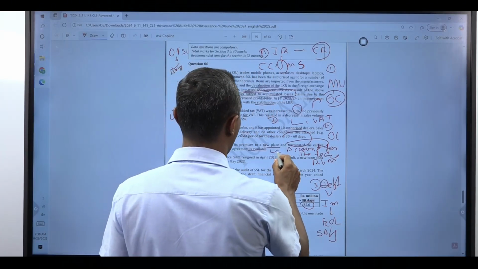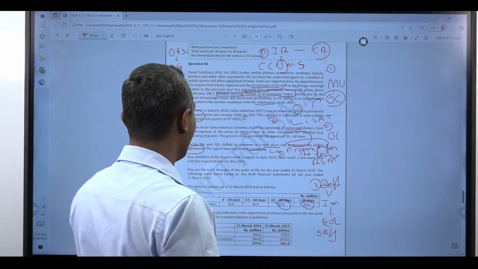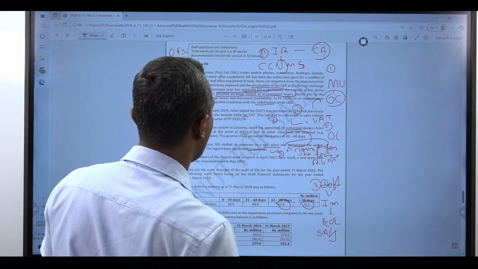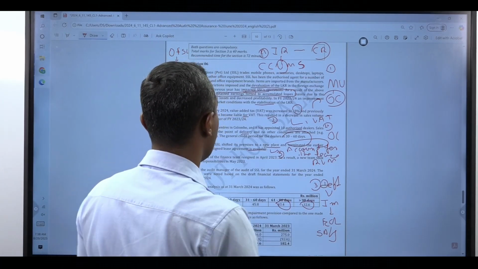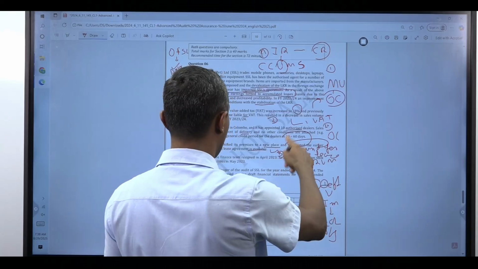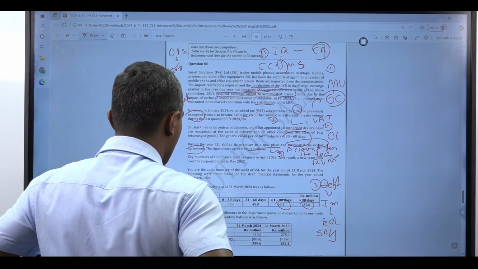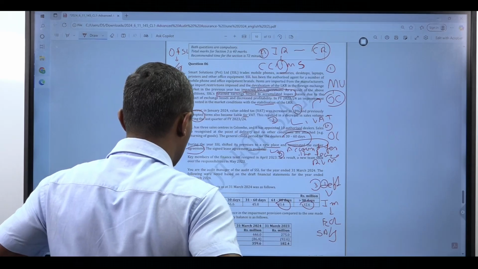Now we have already identified this onerous contract, and this point we can write as one point. Debtors we spoke about, and then last,